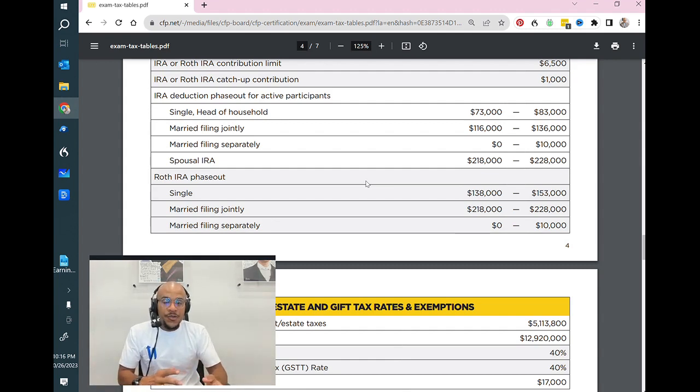Now that differs when you have a spouse that earns income, and if you do, you can use their income to justify your maxing out an IRA. And when you do that, it's what's called a spousal IRA. I am using my spouse's income to justify my contribution to my retirement account. But even if you're the spouse of an active participant, you could be limited in how much you can deduct by putting money into these pre-tax accounts.